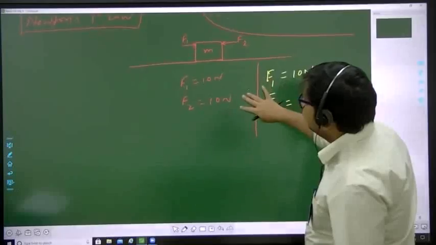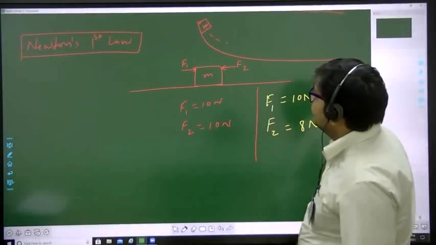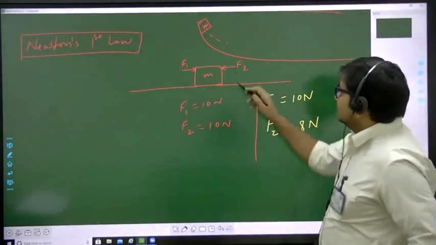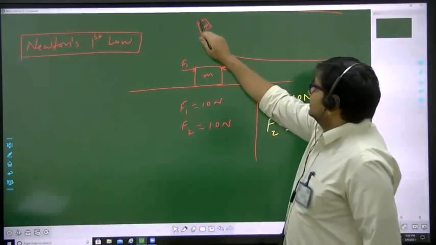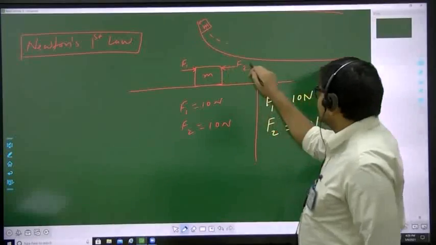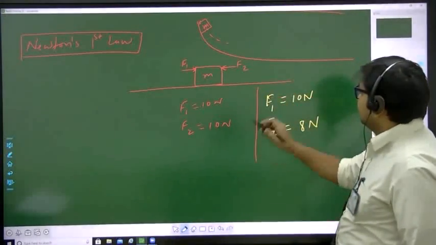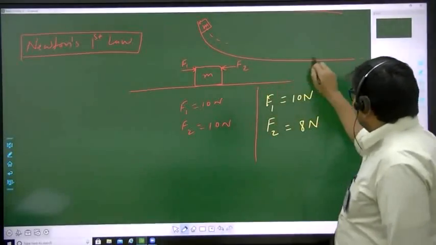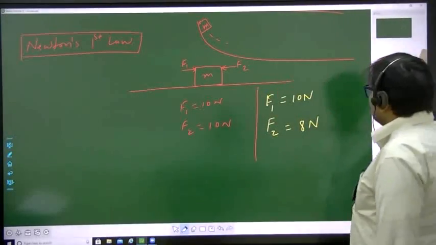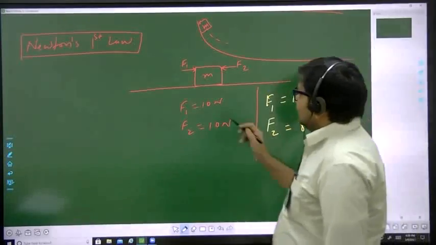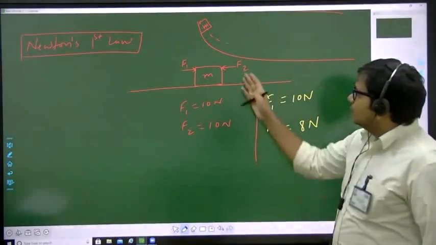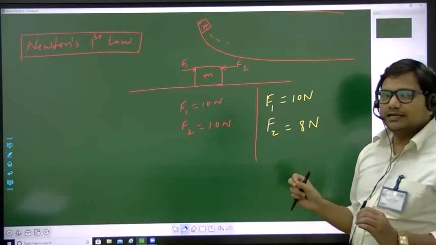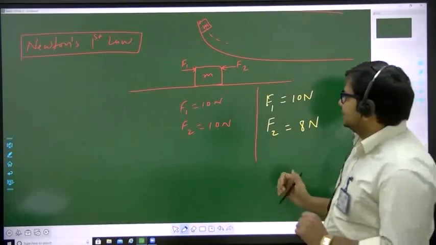Come to the third slide, Newton's first law. This is related to inertia. As you know, if you push any object on a surface that is perfectly smooth, meaning its coefficient of friction is zero, then this object is never going to stop and it will continue to move. So Newton's first law says that an object continues to be in a state of rest or uniform motion unless acted upon by an unbalanced external force.